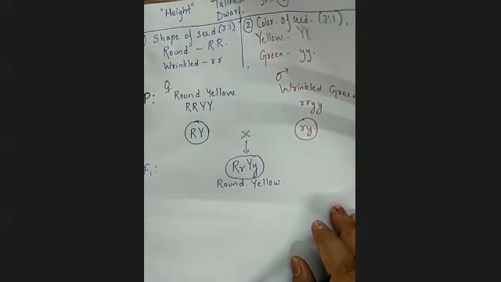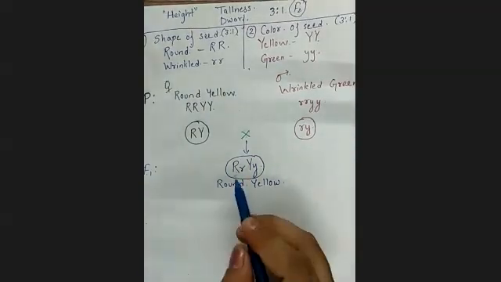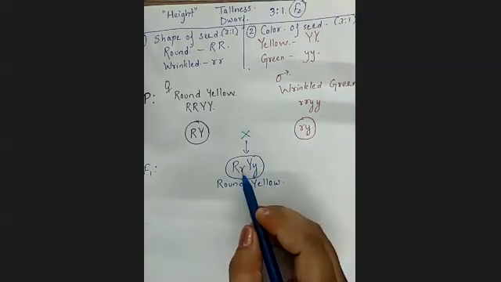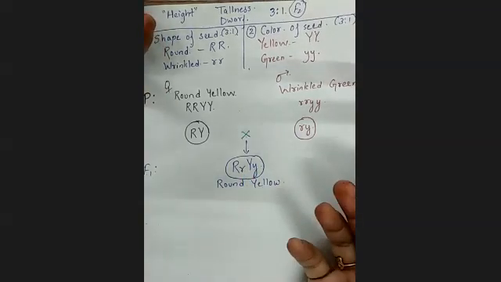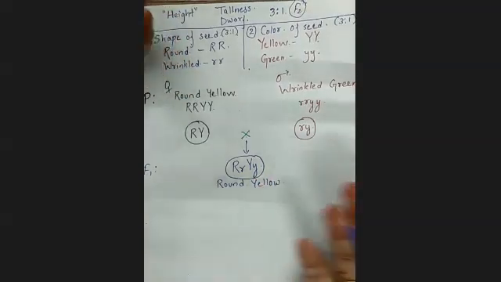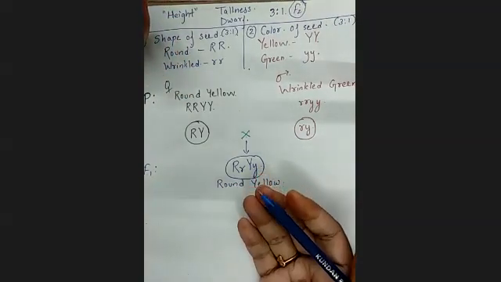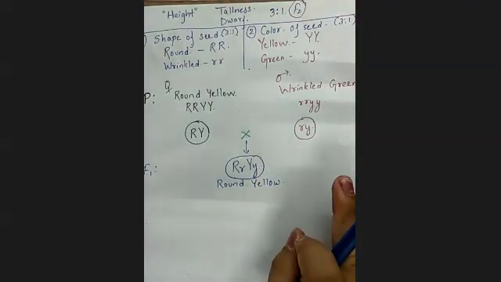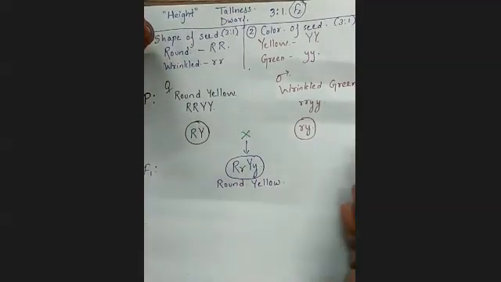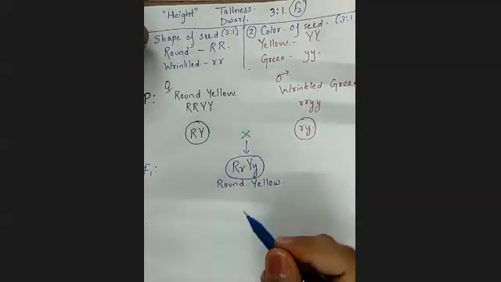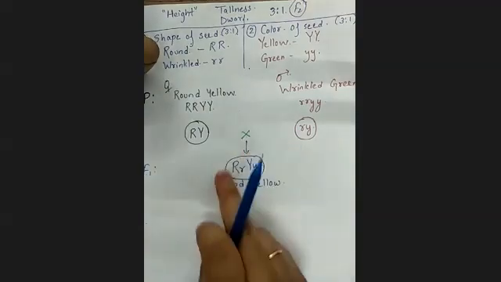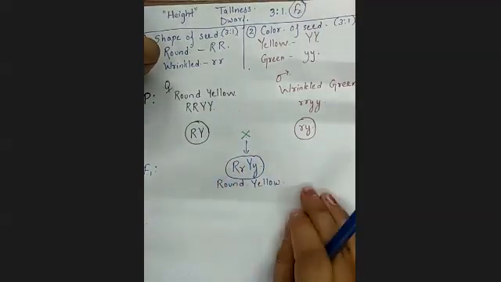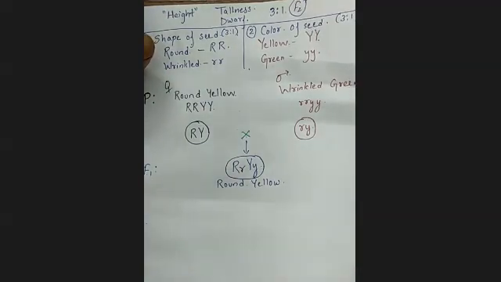In the first generation, all the plants were round and yellow. Actually, Mendel was not aware of this. He did not know that genetically something had been mixed, or that something was there not showing its effect. He was studying only the physical things he could see with his eyes. He obtained n number of plants in the first generation, and all of them were round and yellow.